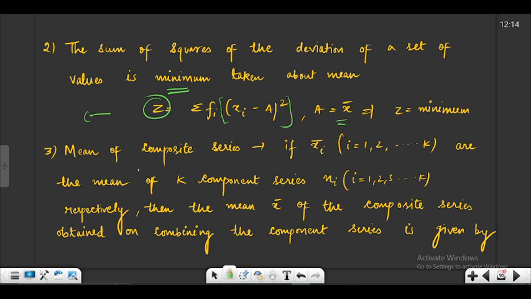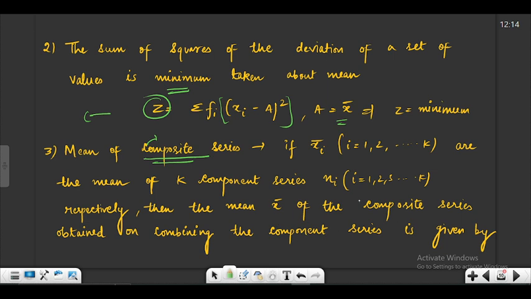Okay, now we have the third property, mean of composite series. A composite series is basically a mix of two or three or more series. So if more than one series are being mixed, then it becomes a composite series. If x bar i, where i is equal to 1 to k, are the means of k component series of sizes ni respectively, then the mean x bar of the composite series obtained on combining the component series is given by